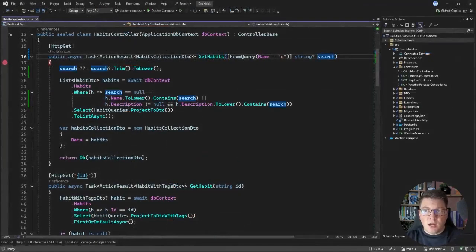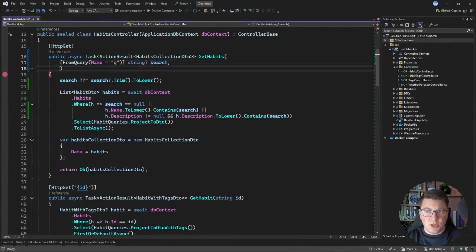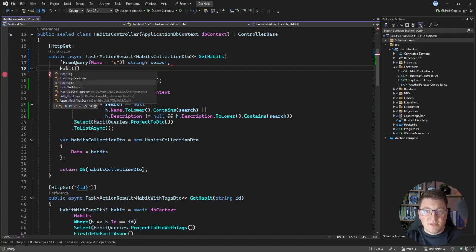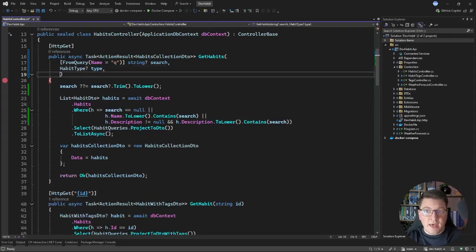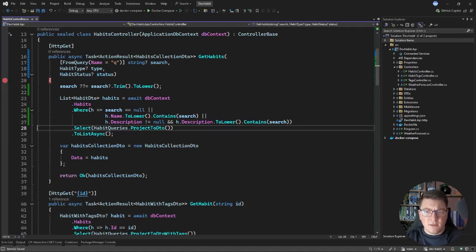Now let's consider how we could add support for filtering. Filtering is very similar to searching, except you typically have a predefined set of filters that you can apply. I'll give you a few good examples. Let's say I want to filter based on the habit type, and this value may be optional. So I can specify a type, or it can have a null value. I can also perform a filter based on the status, and then how do I apply these filters inside of